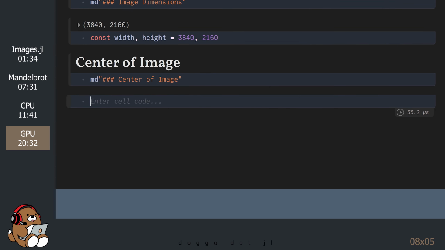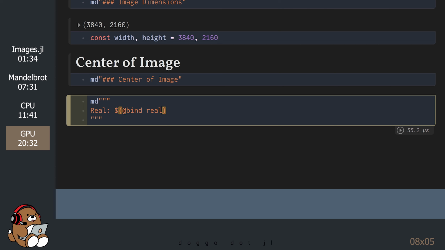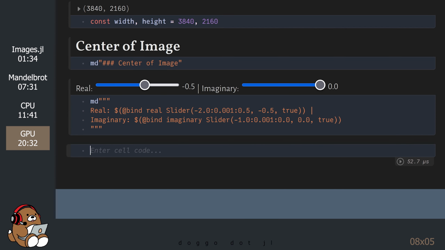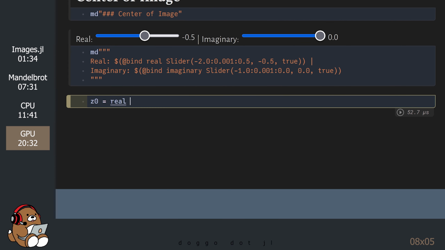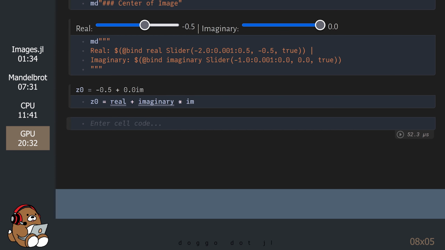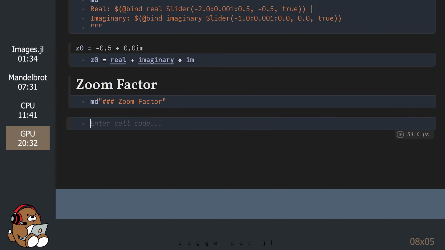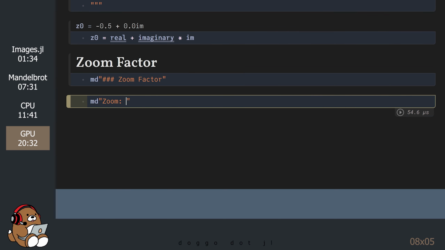I added a couple sliders here. These sliders will allow us to move around the image. I added a slider here as well, so we can zoom in on the image.